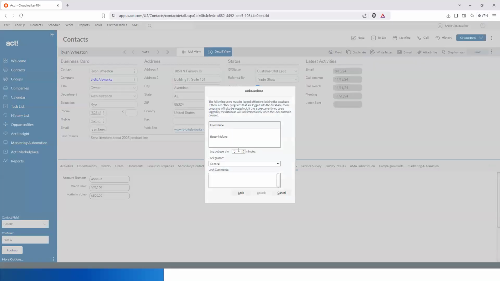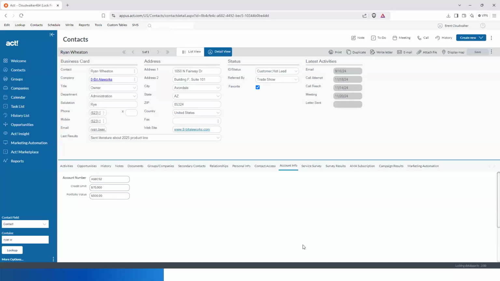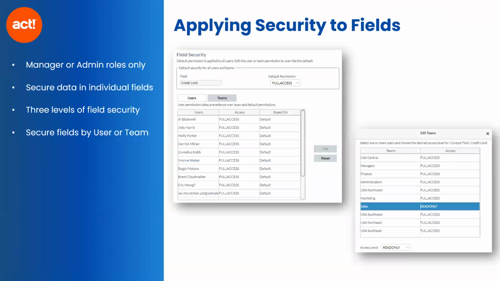And yeah, we're getting that countdown. So in 3 minutes, we'll lock this database. You can see the little countdown in the lower right corner. Once this database is locked, we'll come back to this, and I'll show you how we can change the security for a single field. But I don't want you to have to sit here for 2 minutes and watch the countdown. That's not fun for anybody, and plus, we have a lot of other things to do. So we'll come back to this.